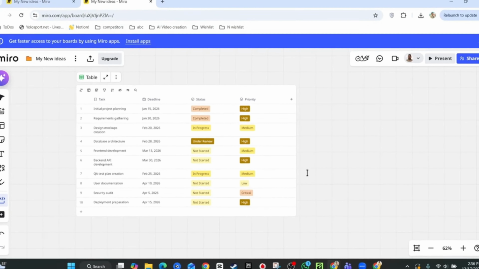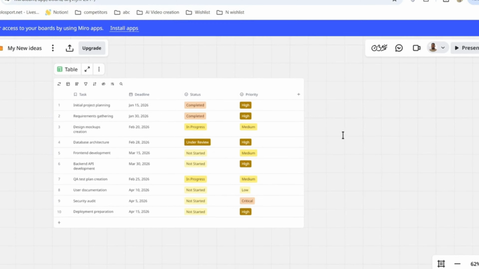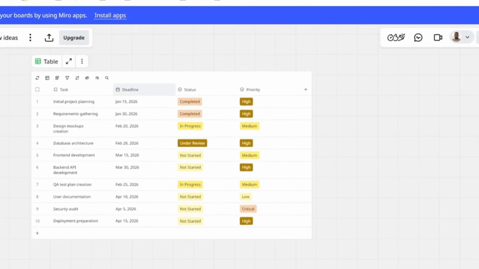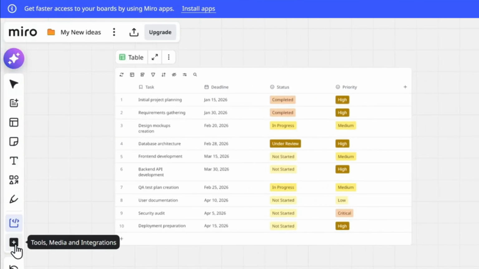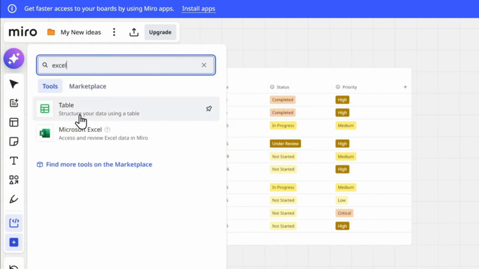In this video, I'm going to show you how to export your, let's say, Excel tables as a CSV file in Miro. So if you create a table in Miro, I'm going to show you how you can easily create something like this. Once you're in Miro, if you click plus on the lower left hand side, that's for tool, media, and integrations. You can simply type in, for example, Excel, and you will find tables, for example, and